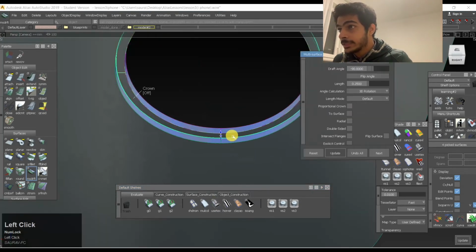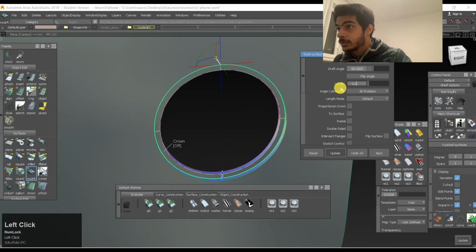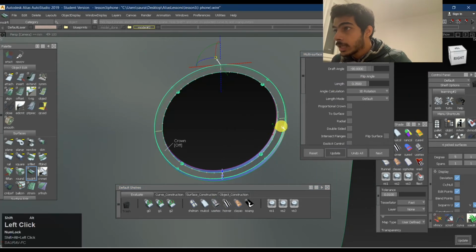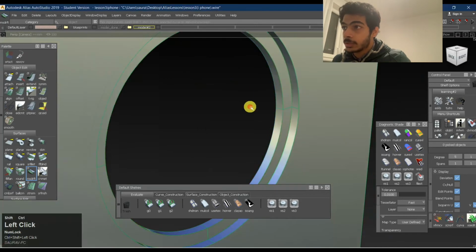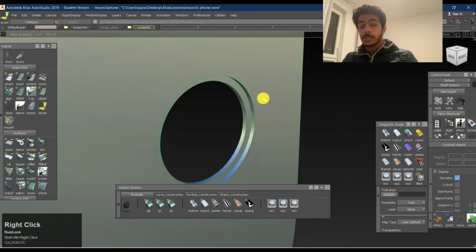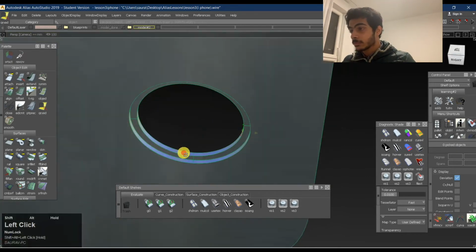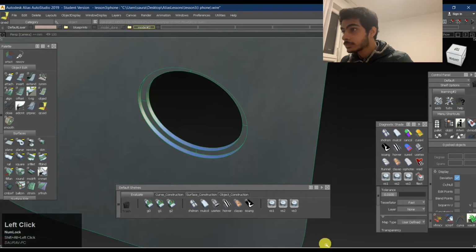Now if I just want to make this a bit bigger, 0.35, you see how it's not changing the whole thing, it's not affecting the whole thing. I can just keep going as much as I want. I can take this inside, I can pull this outside. So it's not going to affect it a lot, because we already have the history, right? So that's the best thing about aliases, the whole history thing.